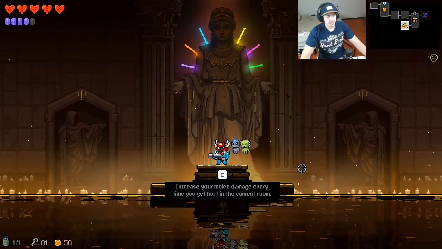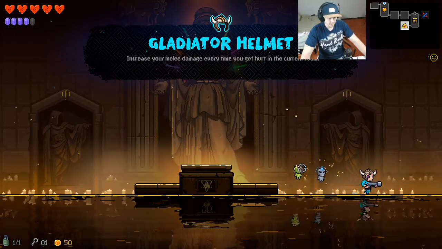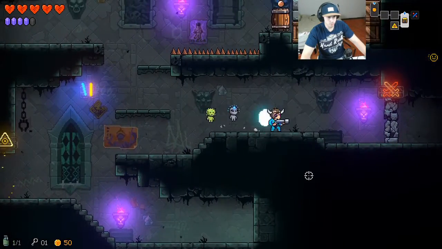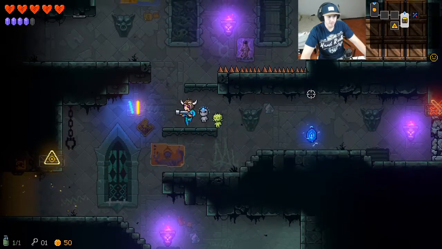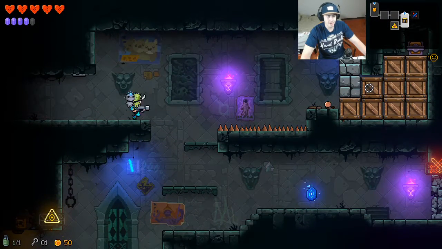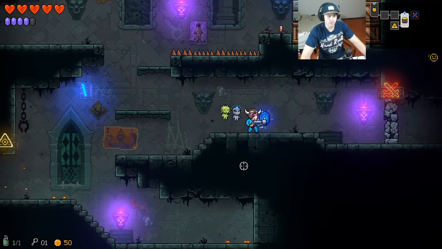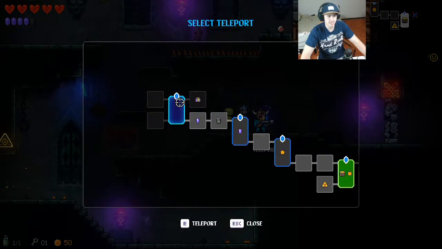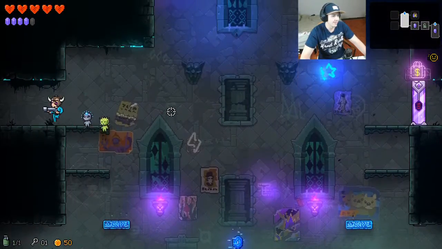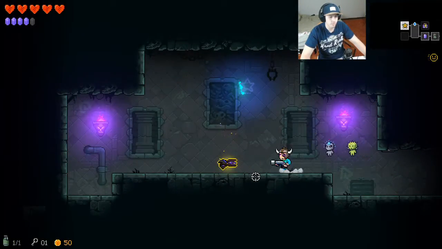Increase your melee damage every time you get hurt in the current room. I wonder if we're able to use this to kamikaze a little bit and then maybe just go nuts with our melee attack. I don't know how strong the melee damage increase is per time you get hit, but I wonder if we got hit like 8 times in a room,